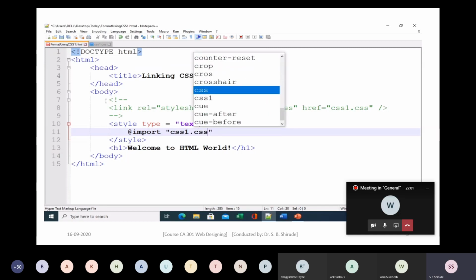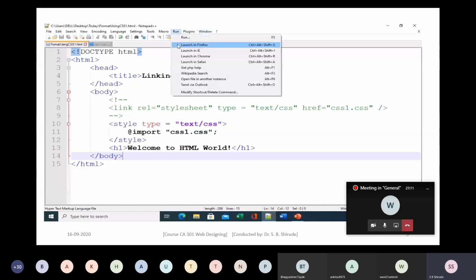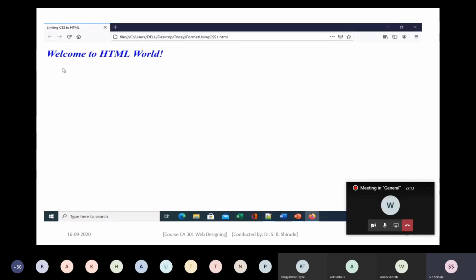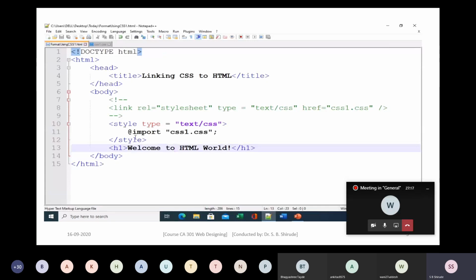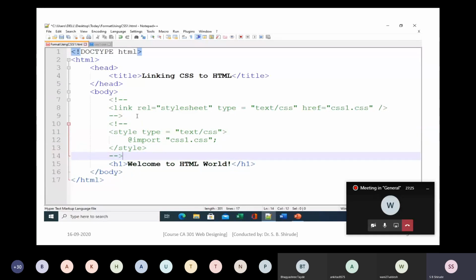See, there is no equal to, so @import "css1.css"; semicolon. See the correct syntax. And now run once again. So the same rule is applied. Why? Because we have included the same file css1.css.